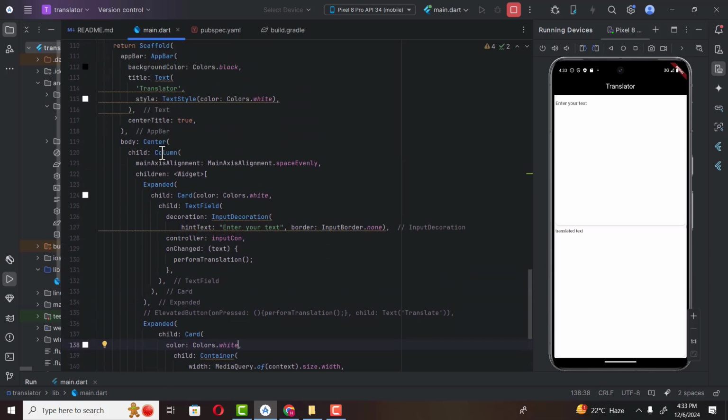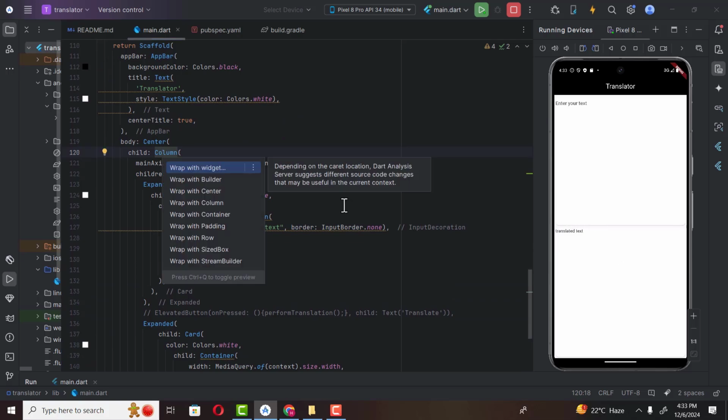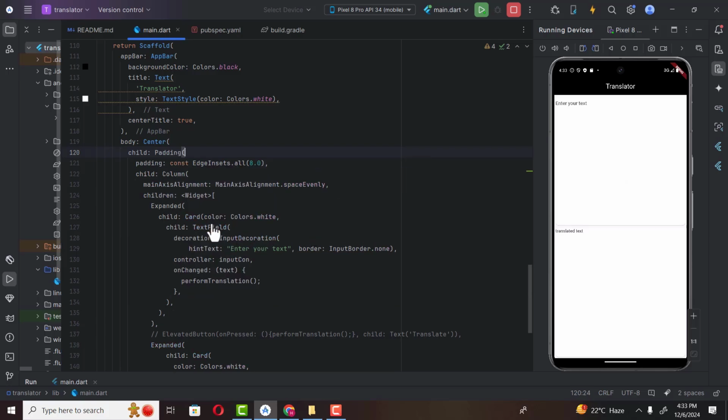And to do that we can simply enclose this column widget, which is containing both of these boxes, inside a padding widget. So here select it and then press Alt plus Enter, and then select wrap with padding. And now you can notice that a padding of 8 is added on all sides. So press Ctrl S, and there you can see the padding is added and it is separated from the border